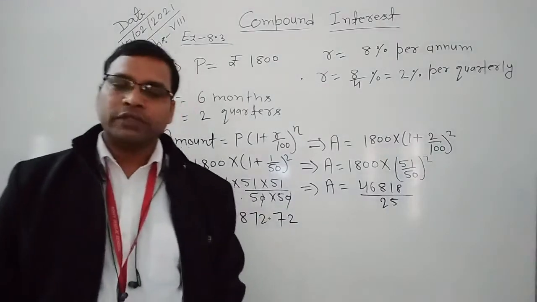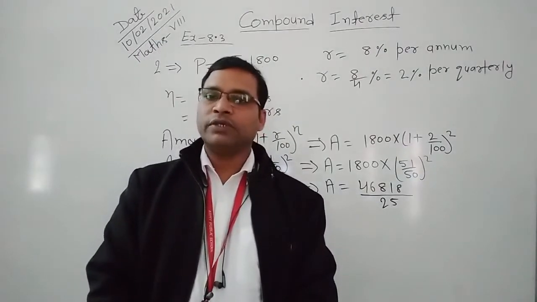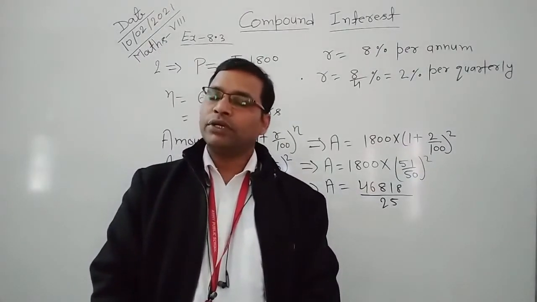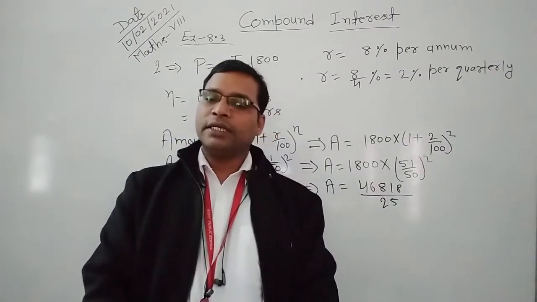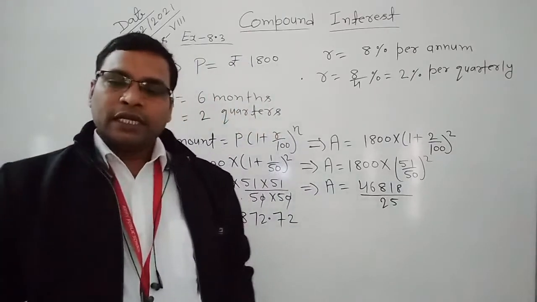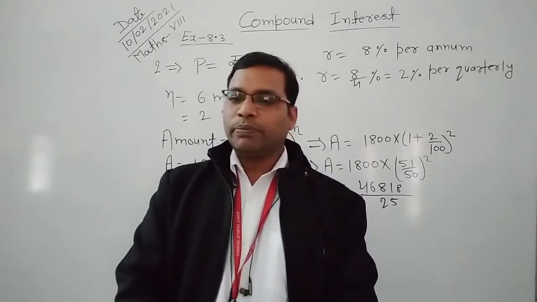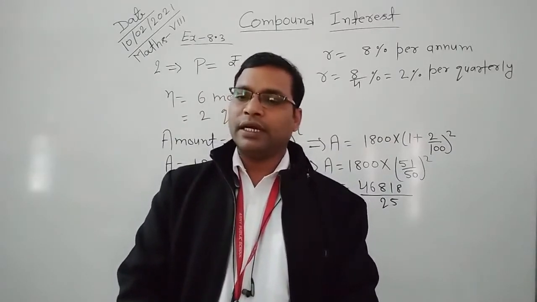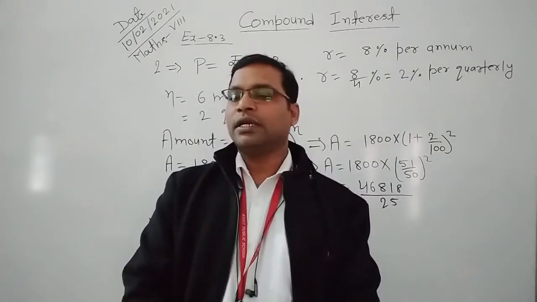This is clear. Now at last you can write here, hence 1,872.72 to be paid at the end of 6 months. This is clear. I repeat this question again. The question asked to us: find the amount to be paid at the end of 6 months on 1,800 per annum